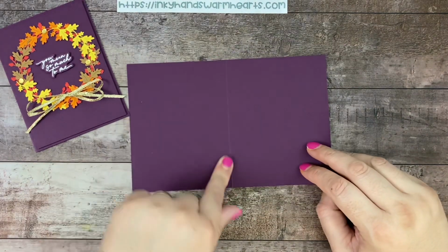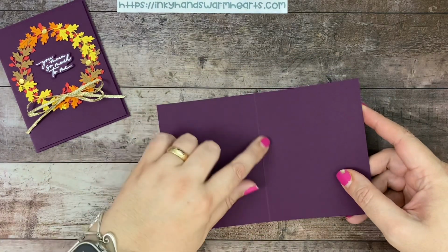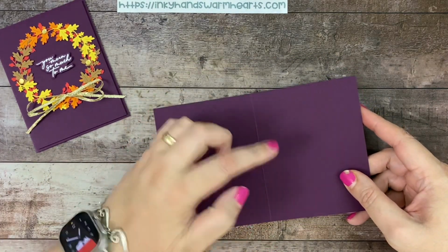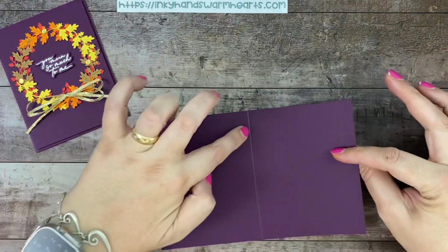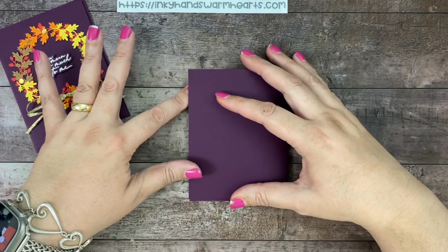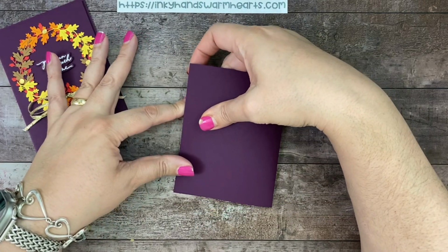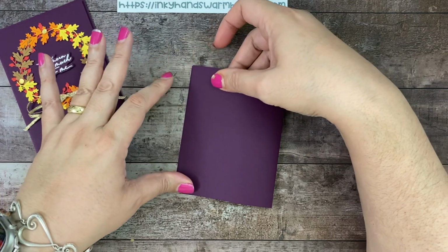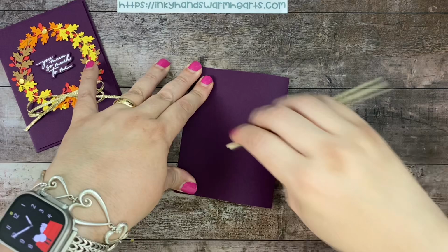It's 8.5 by 5.5, and I've scored it at 4 1/4. And you always want to fold with the ribbed or the raised indentation up, not the indented, the raised portion. That will help so that your cardstock doesn't crack. So what you want to do is grab your corner, grab your other corner, hold that in place. You're going to take your bone folder,